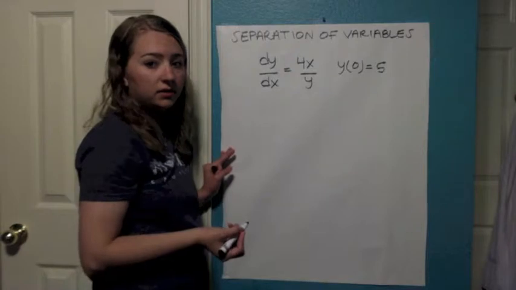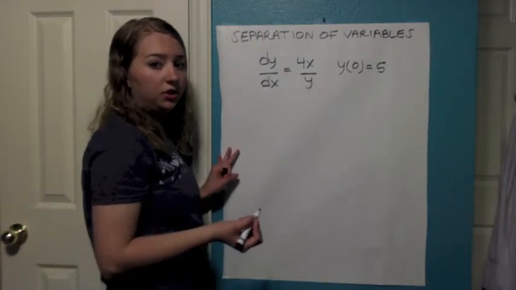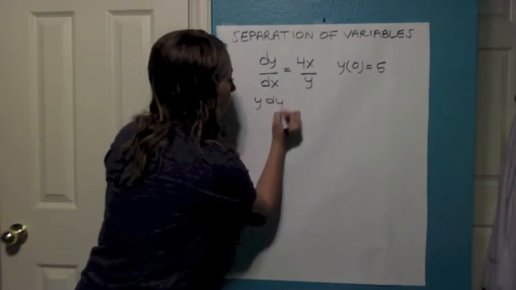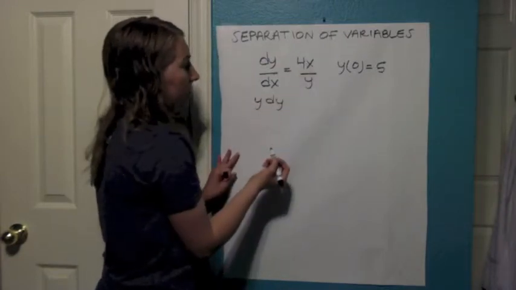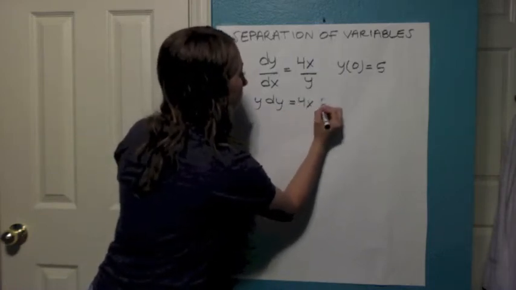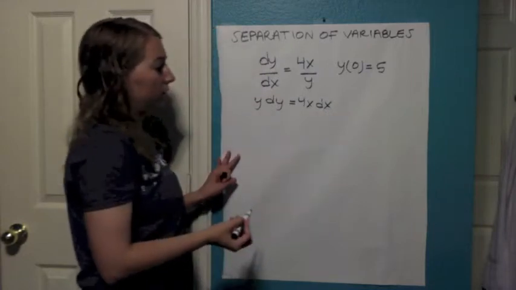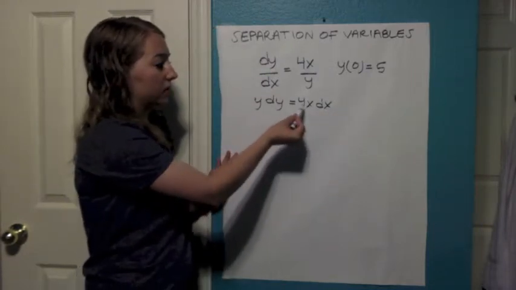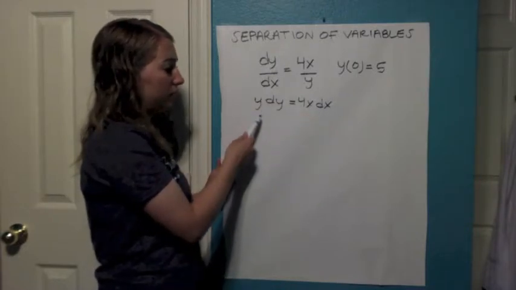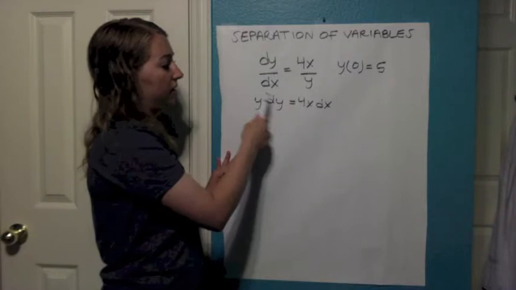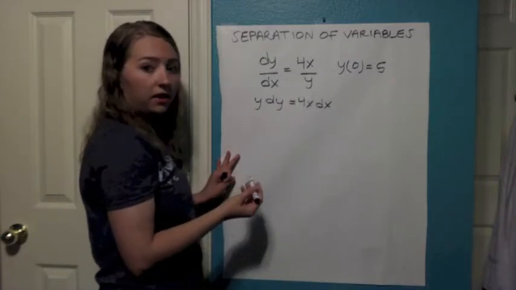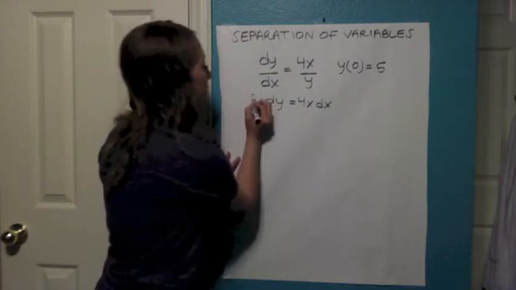In this case, you can multiply each side by y and multiply each side by dx, and you're given y dy equals x dx. You need to separate the variables so that all of the y's are on this side and all of the x's are on this side. Once you do that, you can integrate both sides,